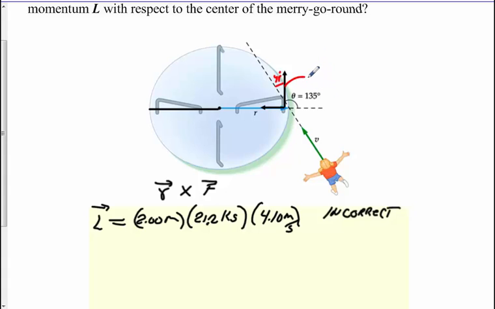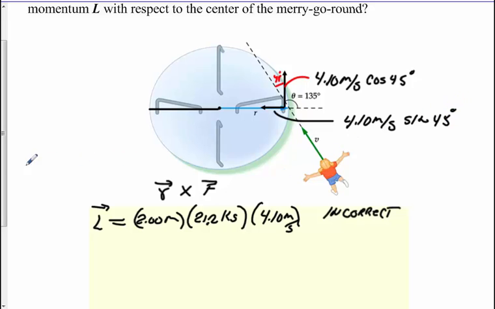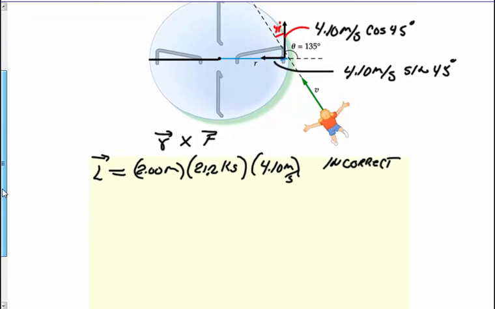So to find this component here, all I'd have to do is take 4.10 meters per second and multiply it by the cosine of 45 degrees. To find this one here, I would take 4.10 meters per second and multiply that by the sine of 45. Again, obviously, the sine of 45 and the cosine of 45 are the same. So to find that,